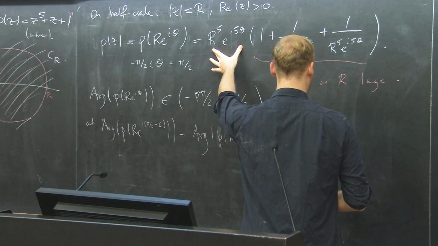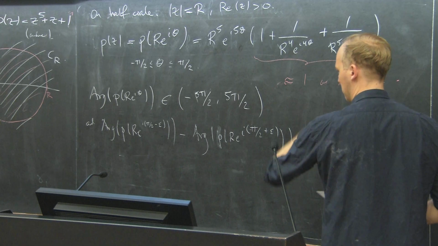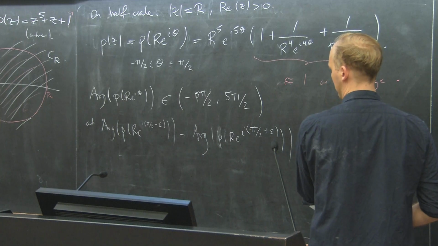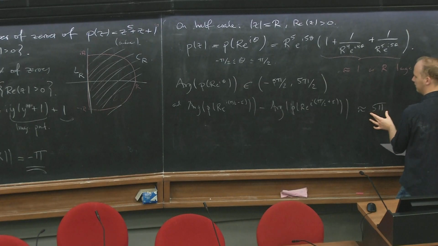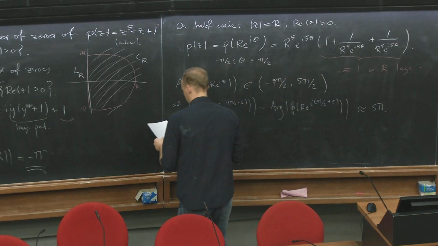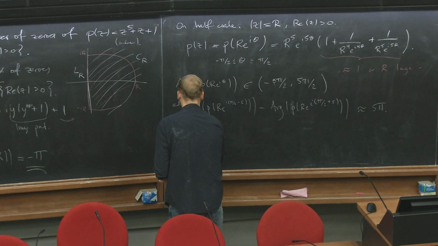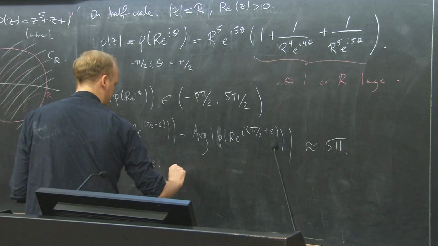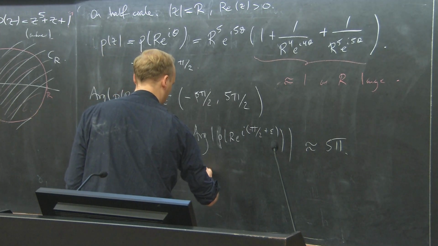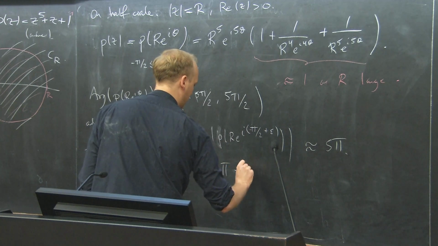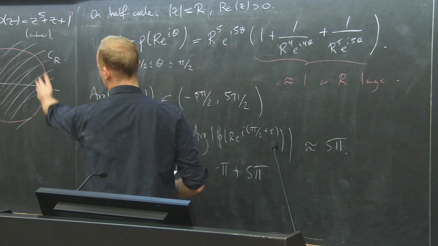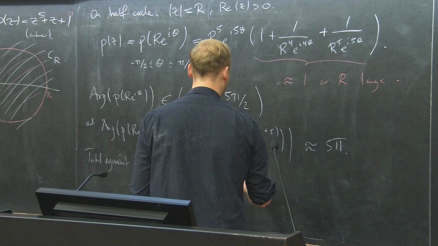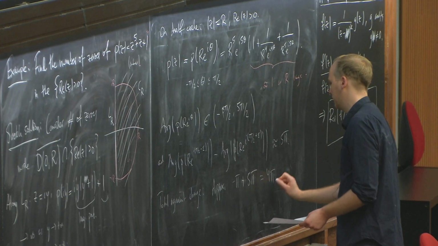like z to the power 5, in other words. And this one would change the argument by multiplying everything 5 times. The change in argument would be roughly 5 pi for some very large R. And then the total argument change can be estimated, so approximately it is minus pi, which was the contribution from this axis, so we never explained exactly why, and this, so it was approximately this, so it's approximately 4 pi,